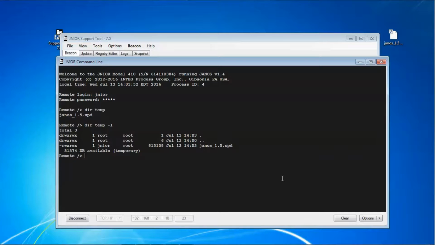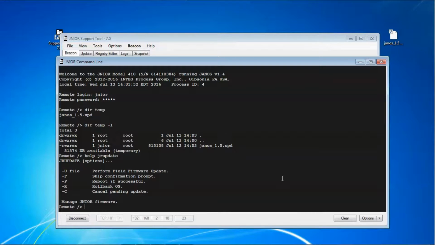How do we ingest that file and have the firmware update? It's a tool called JAR Update. We're going to use the JAR Update command. We're going to upload a file, the firmware update, and then we'll reboot. The process is pretty straightforward. JAR Update